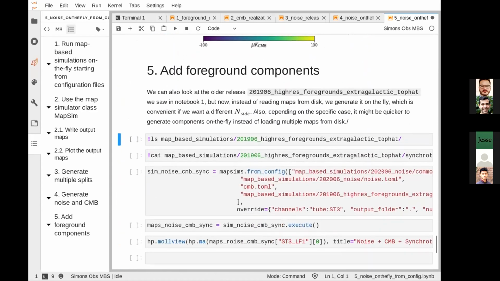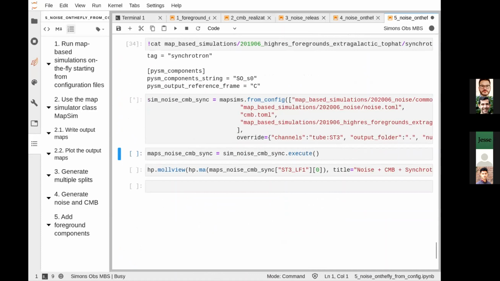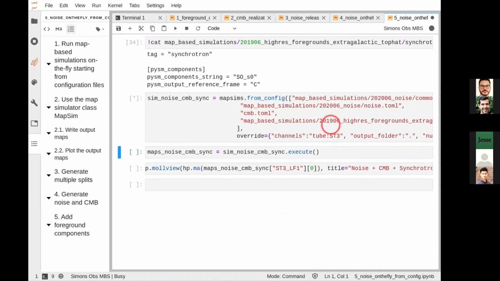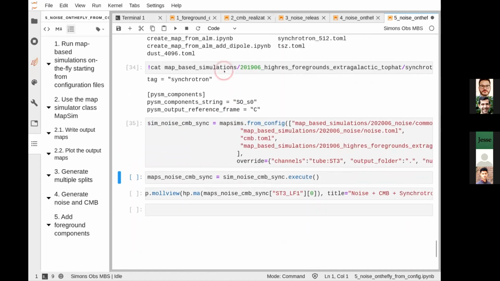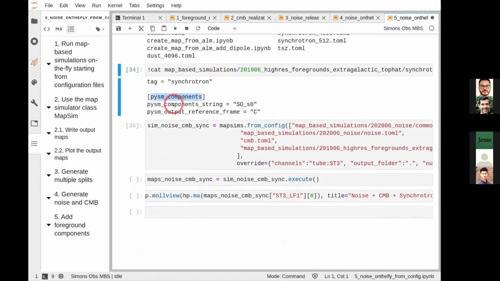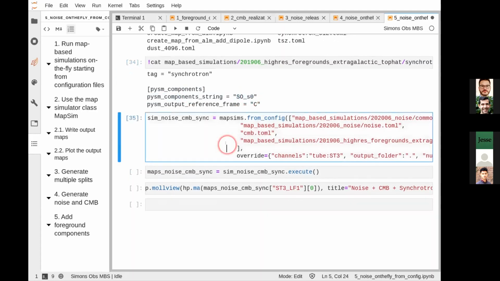Okay, and of course, you can go even a step further and also load a configuration for the synchrotron or one of the other components. So you see the synchrotron has a little different way of being configured, but you find all of that in the documentation. So you specify which model you want to use. We have SO-specific models, and then S0 is this synchrotron component with spectral index which is uniform across the sky. And then you run execute, and this is going to